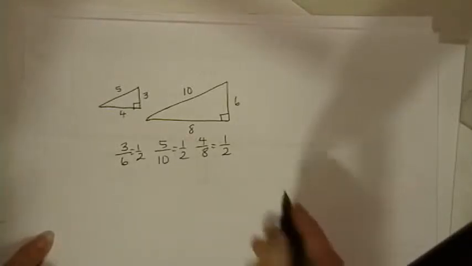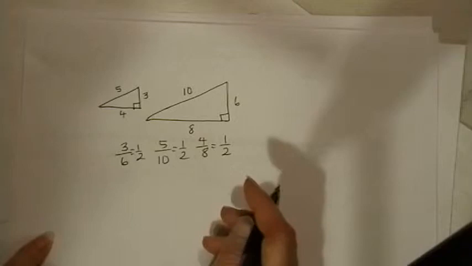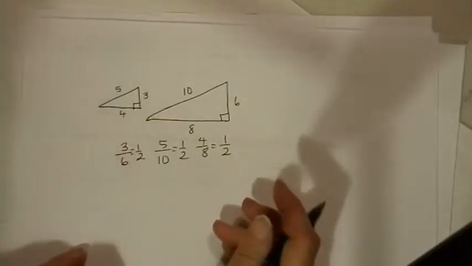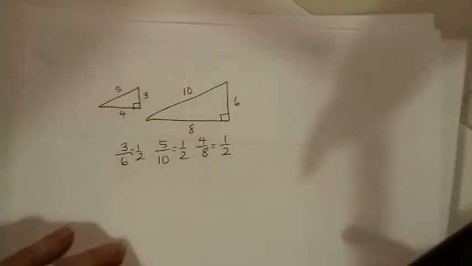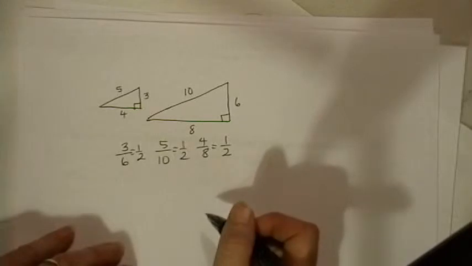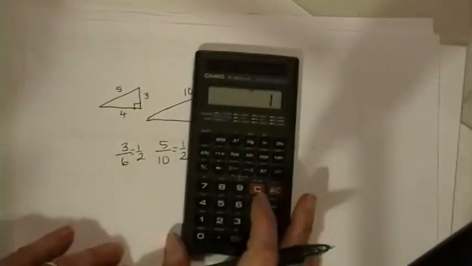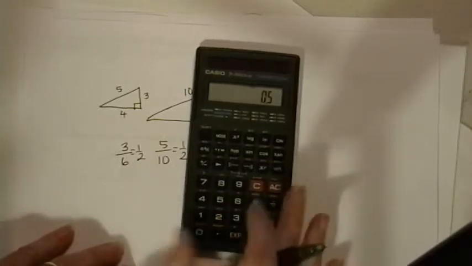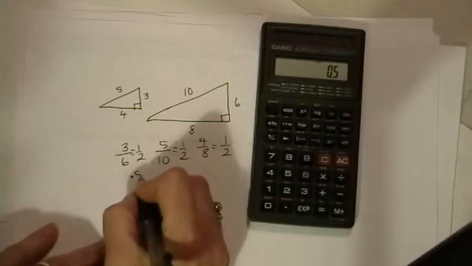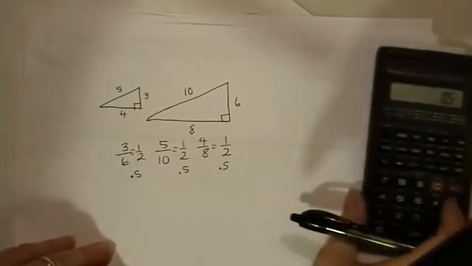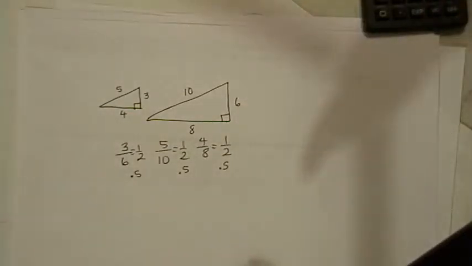Another way I taught you to do it, because sometimes you get some strange fractions and you can't really tell very easily if they are proportional, if those fractions are equal, is you can also key it in as a division problem and get a decimal. 1 divided by 2 is 0.5, and you can do this all the way across the board and you get 0.5. All right, and you can see that these two triangles are